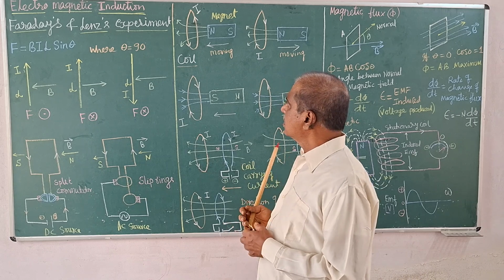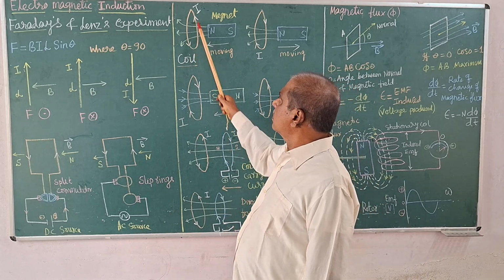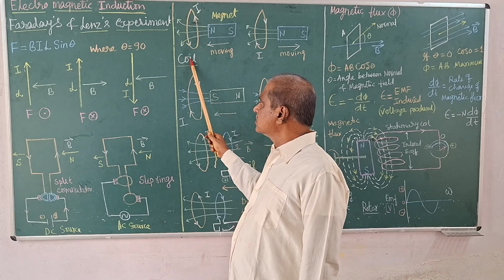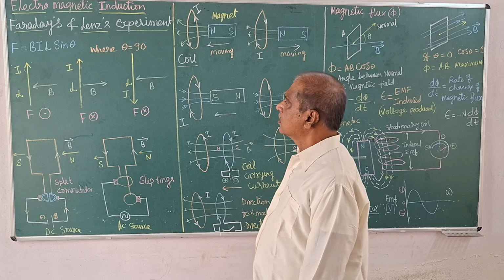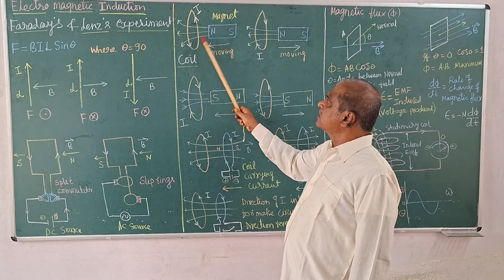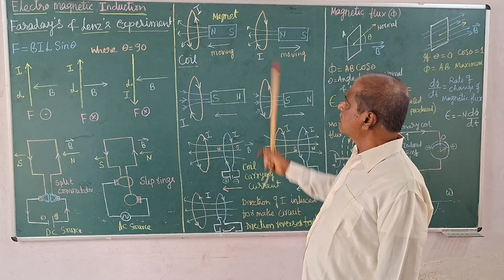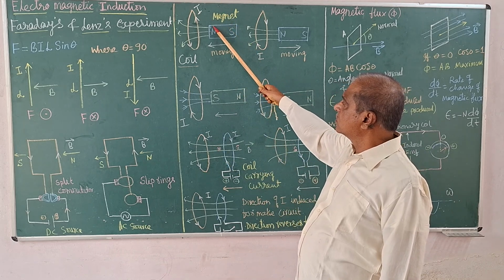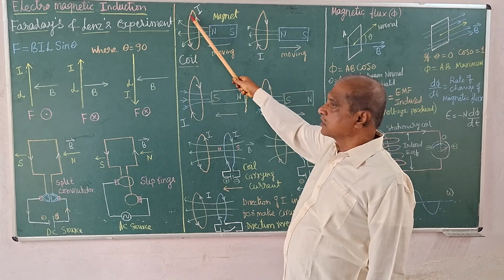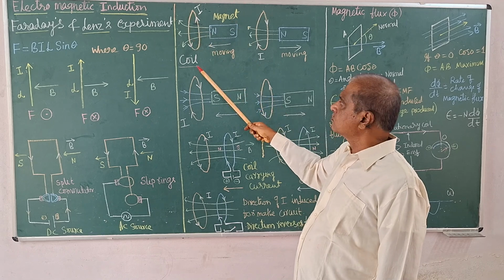For that, what has he taken? A circular conductor, that is, a closed conductor like a coil like this, not like a straight wire. On that conductor, he conducted a series of experiments using magnets. Look at this experiment. This is a coil of course, one turn. A circular coil is taken, a closed conductor coil,